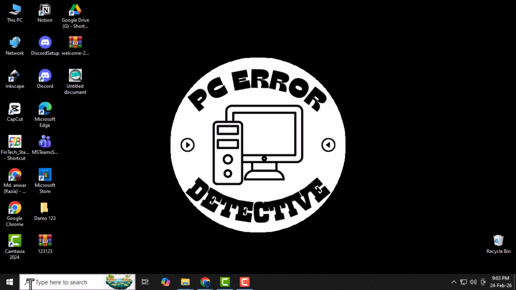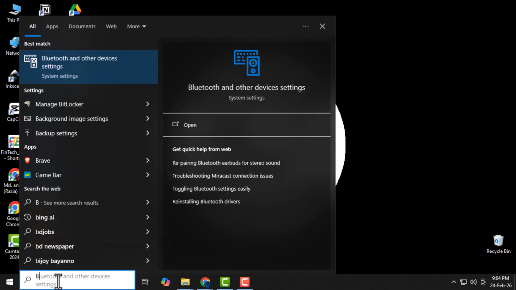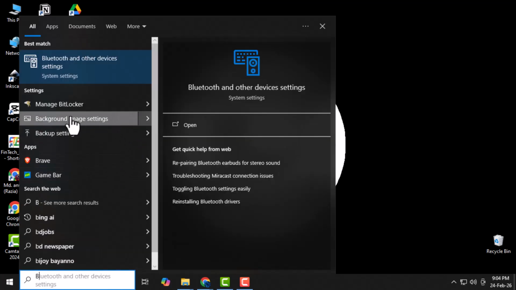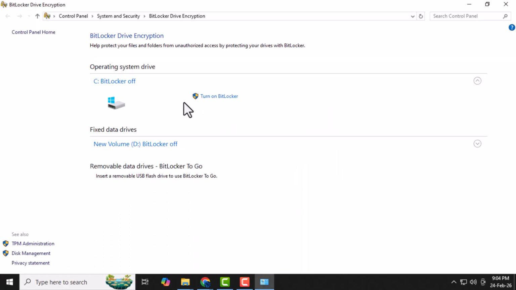Step 1. Click on the Start menu and type BitLocker in the search bar to quickly find the built-in drive encryption feature. BitLocker is used to protect your data by encrypting your drives, which helps keep your files safe from unauthorized access. Step 2. Click on Manage BitLocker from the search results to open the BitLocker settings window in Control